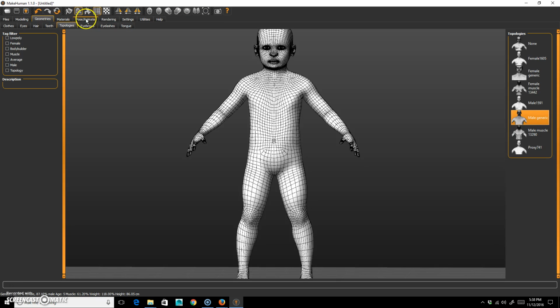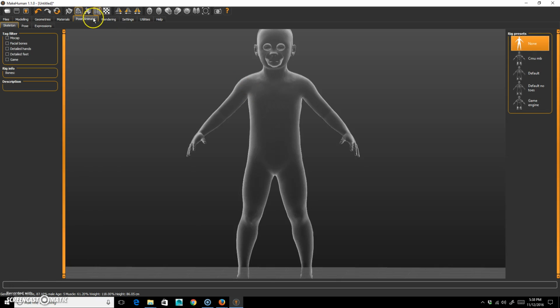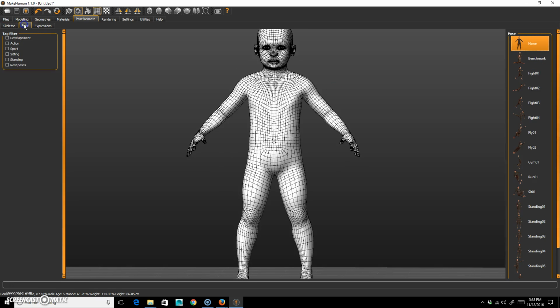oh, there is actually one other thing. So go to pose animate, and what you'll see is that we can put bones in this. I'm not going to do it in here because I'm going to use a rig that we're going to make, so I'm not going to use this, but there is an option for pose, and there's a bunch of,